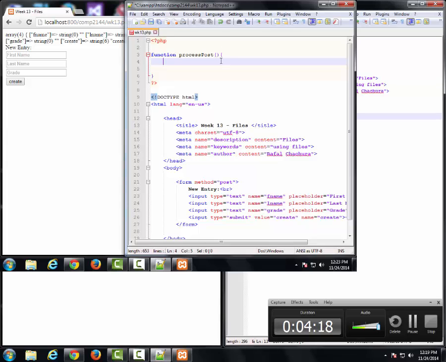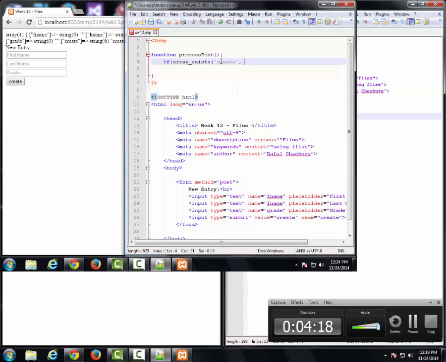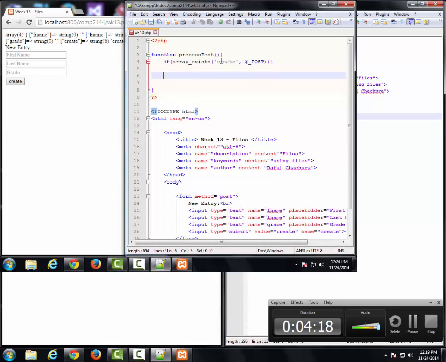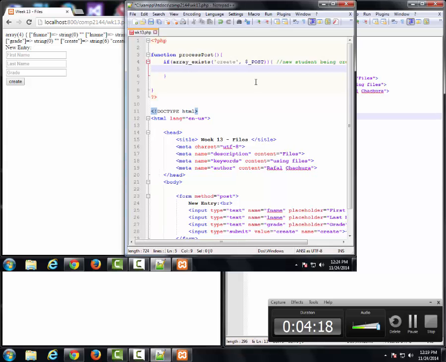So what I'll do is, if array key exists, which index am I looking for? Create. In which array? Post. Then I want to do something. So here I know that a new student is being created. Okay, at this point,